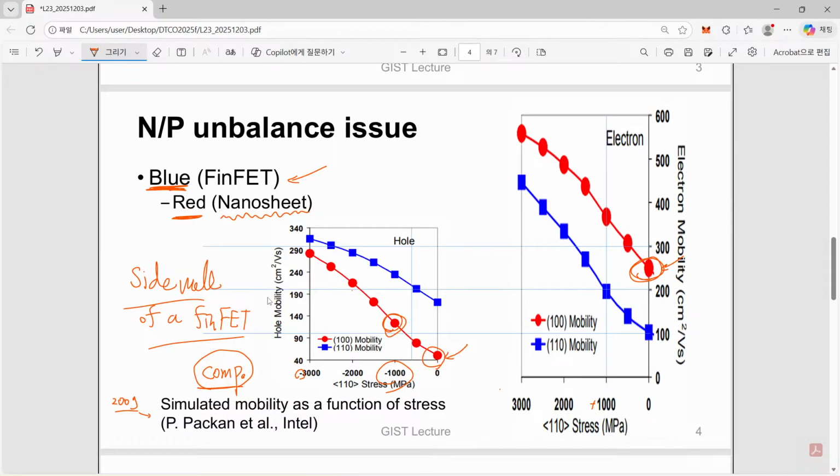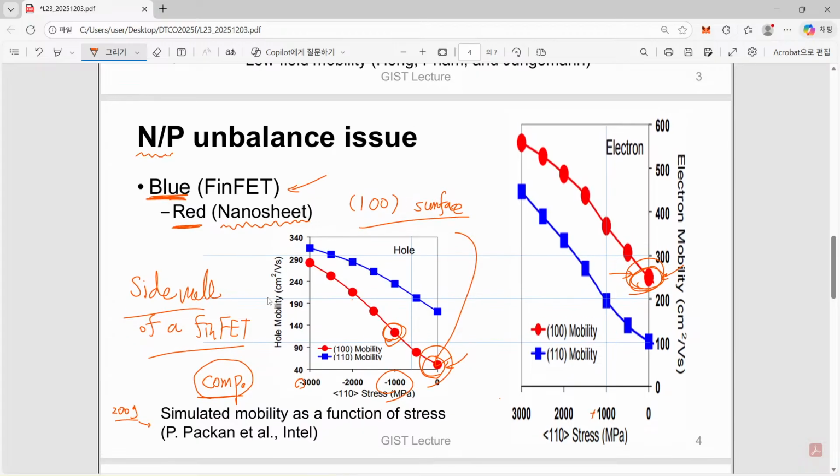So simply speaking, as long as we keep this 100 surface for our PMOSFET, we start with losing hole mobility. So even though we can do our best to improve the hole mobility, it never achieves the level of electrons even in its relaxed version. So that is a severe problem of